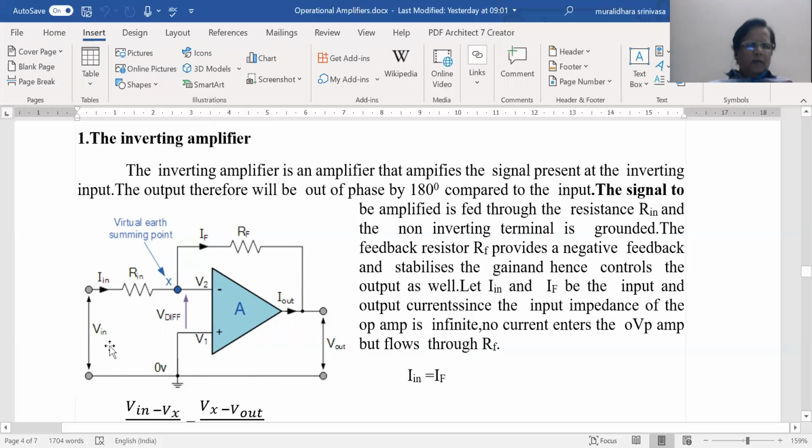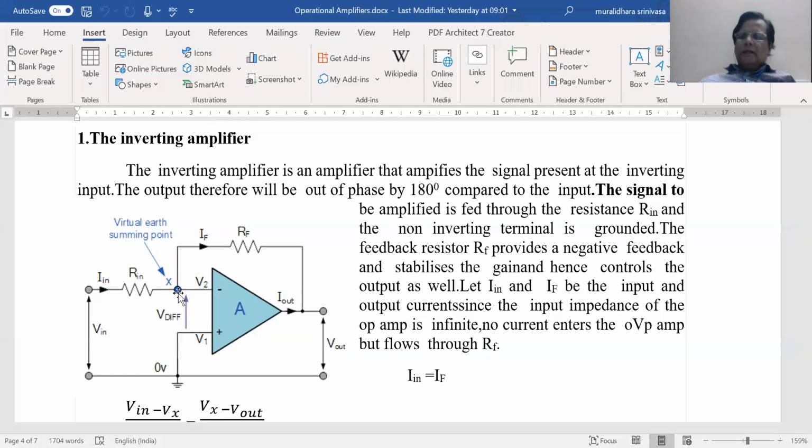Here I have given a voltage Vin, can be DC as well as AC. This is the input impedance, pretty large, Rin. Therefore, a small In flows into the resistor. This is the summing point, which I have marked as X, also called the virtual ground. Now, whenever we analyze any op-amp circuit, we make the generalizing simplification that no current flows through the op-amp, and this point X is at zero potential.